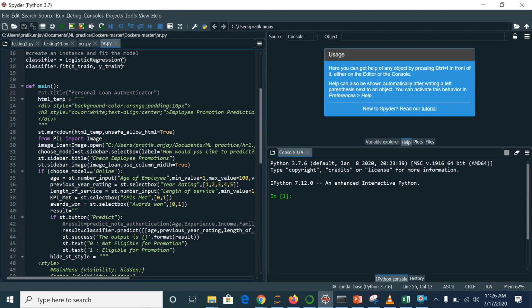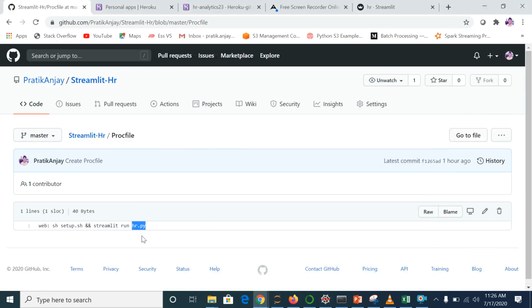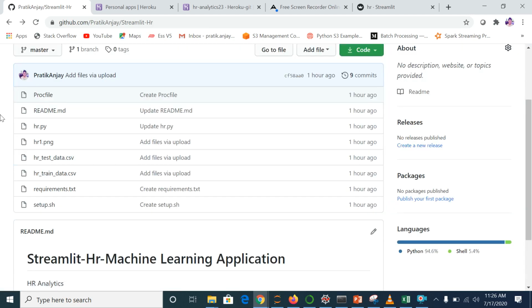For example, in my case, this is hr.py. So this file I have to deploy, so I have just given that name, hr.py. If you write the wrong file name, then it will not run the model.